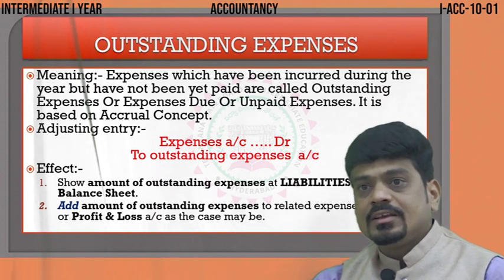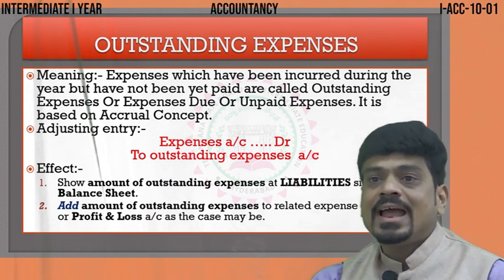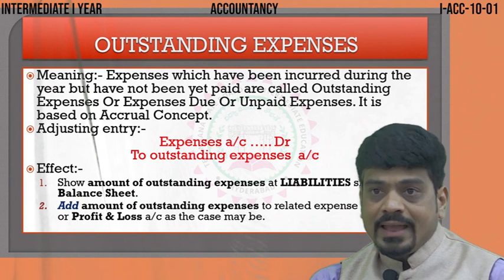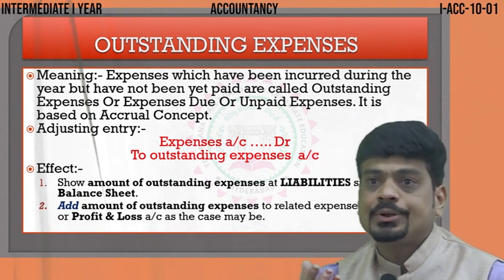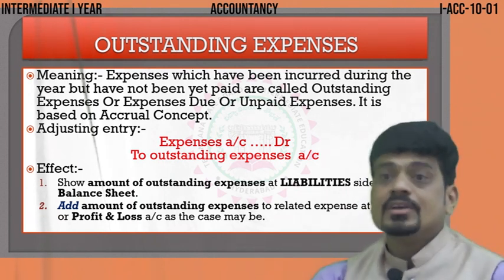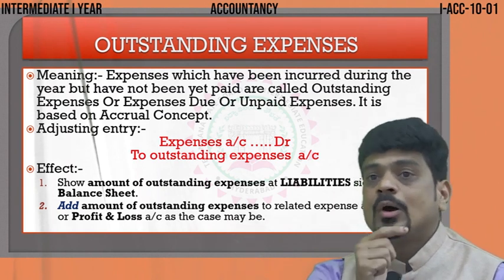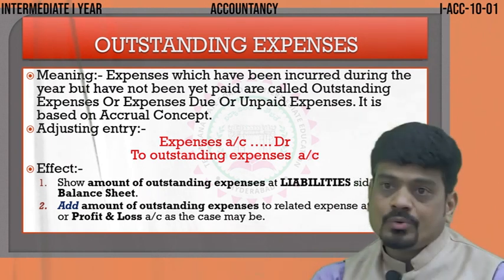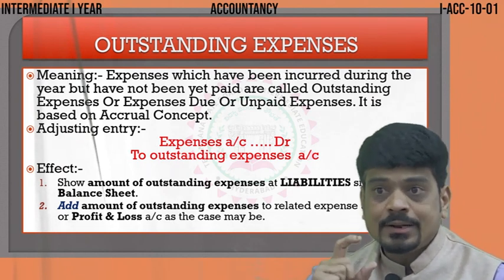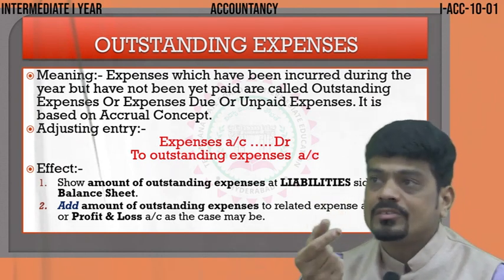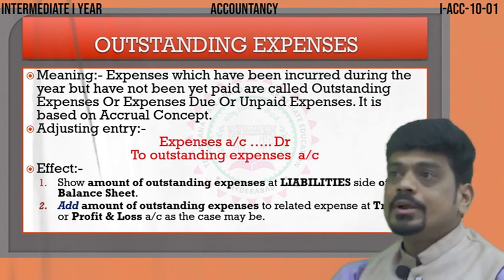Similarly, let me say, if they give you outstanding salaries, then you know salaries account debit to outstanding salaries. Where will we add that? We'll add the outstanding amount in the profit and loss account. Like that, depending on the item of expense to which account it belongs, in that account you are supposed to add or